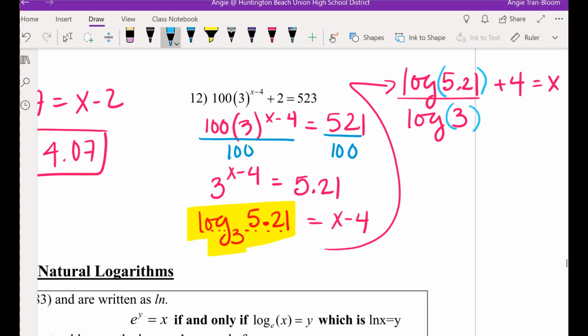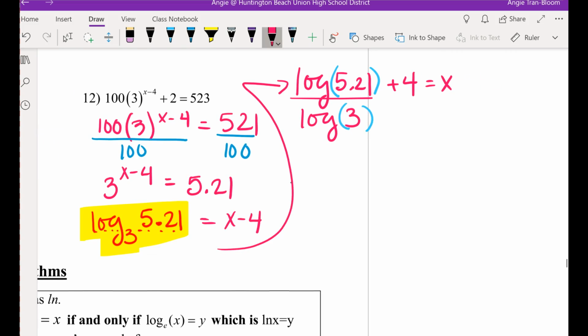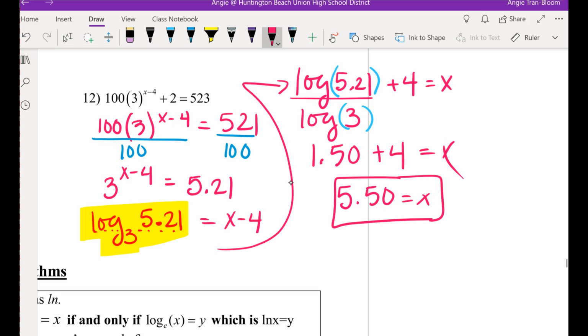Now, I'm going to shuffle your card. Punch it in. I'm just looking for the log 5.21, okay? Divide by log of 3. So what did you come up with, Saxon? I got 1.50. 1.51. Can someone confirm that? No, I said 5. Oh, sorry. That was my fault. Okay. Plus 4 equals x. So final answer is? 5.50. Beautiful. Box it up. Now,